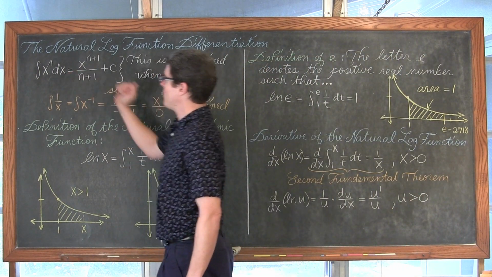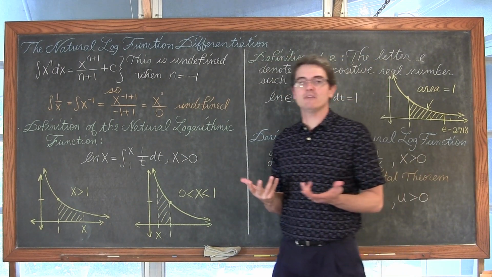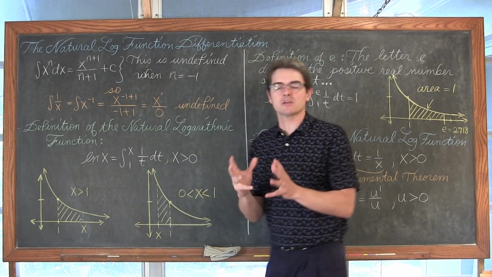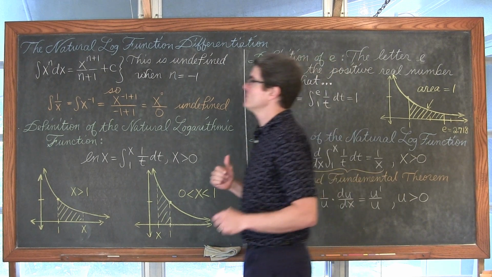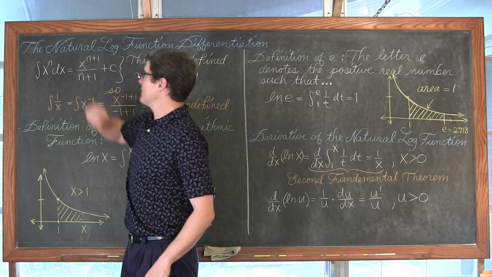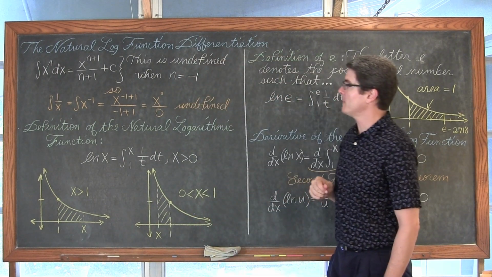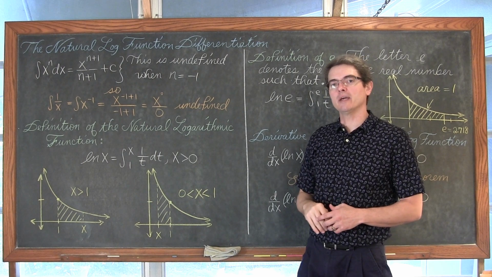Well, here we have the power rule for integrating. And there's a type of function we actually haven't done indefinite integration with yet, and we're not going to in this video, but over the next couple of sections in our book, we're going to see the relationship which is going to allow us to do this. The indefinite integral of x to the n dx is equal to x to the n plus 1 power divided by n plus 1 plus c. But the condition for using this was that n could not equal negative 1.